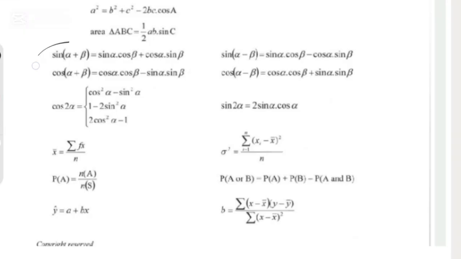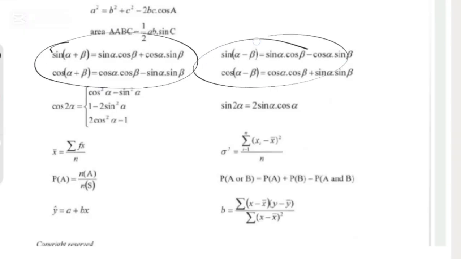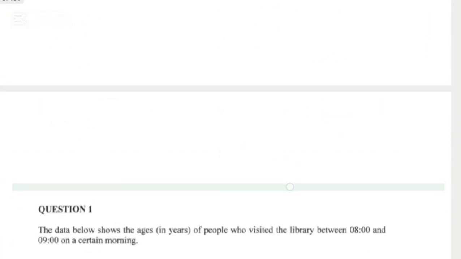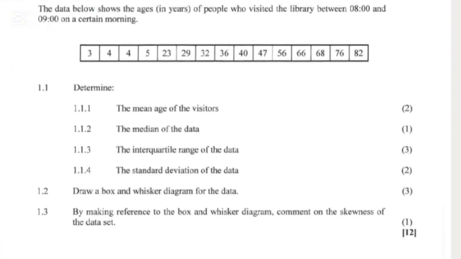What will be handy are these compound angles and double angles, the sine rule and the cosine rule, the area rule and so forth, midpoint, distance, gradients, equation of a straight line, equation of a tangent. So you are just spoiled, they give you a formula sheet. Without any further waste of time,